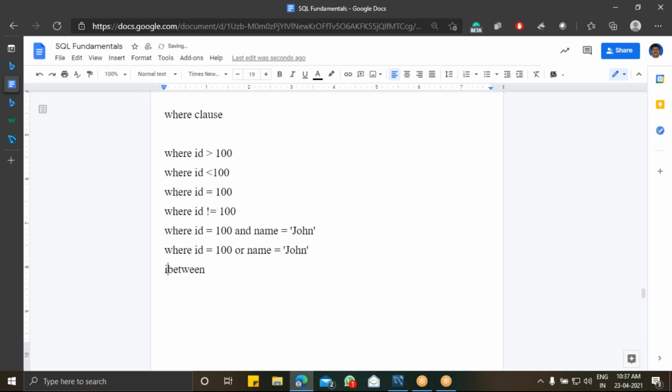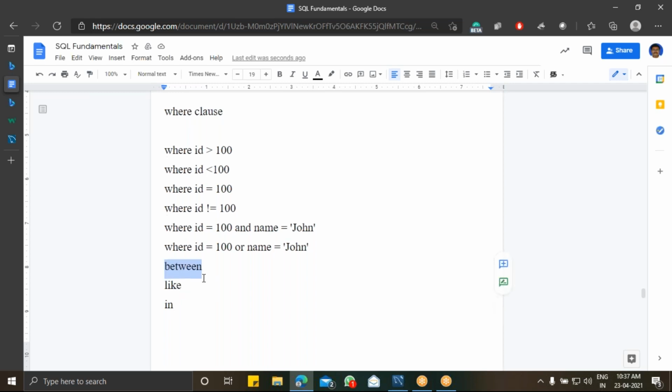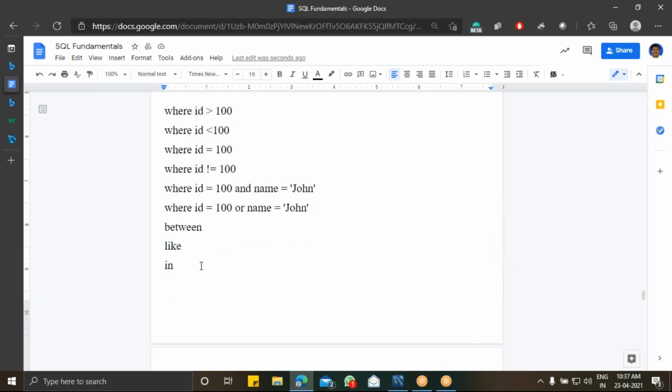So we have BETWEEN and also LIKE and also the IN constraint. In Python we use IN like constraints. The same is available in SQL for WHERE clauses. So the WHERE clause can have all these operators: AND, OR, BETWEEN, LIKE and IN. These help me identify the range or the values that are available within these values, or the values which are very similar to these values. For similar values we can use LIKE, for a range I can use BETWEEN, and IN is for a set of arbitrary values.